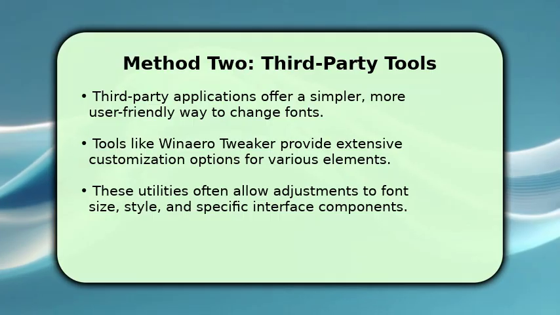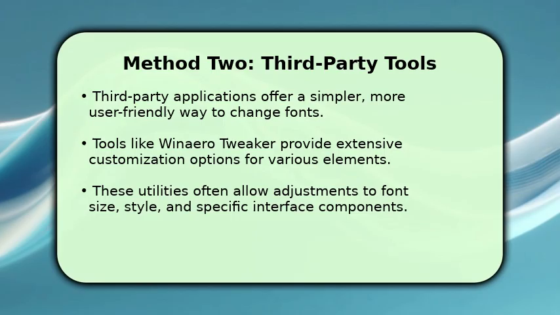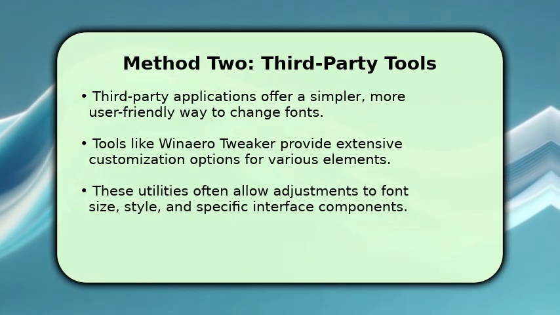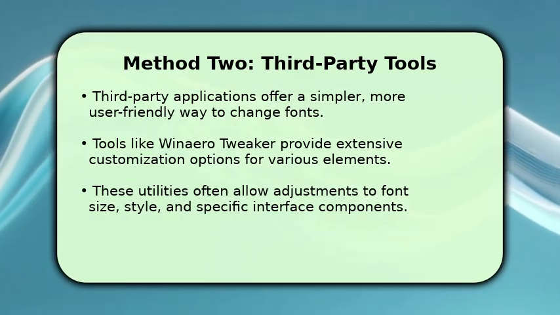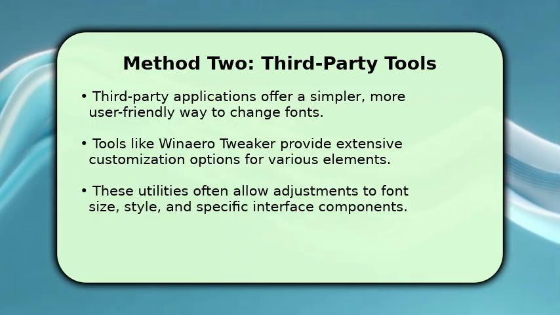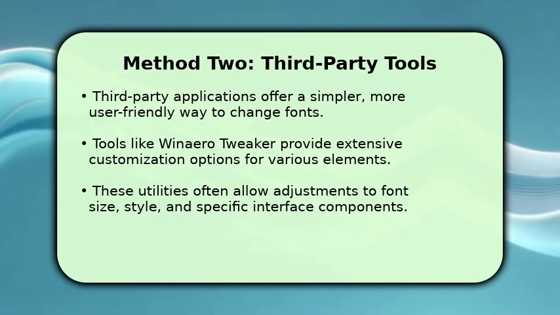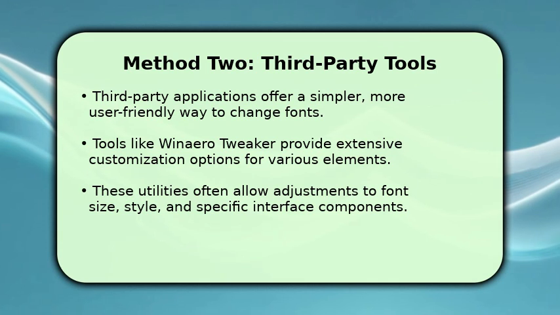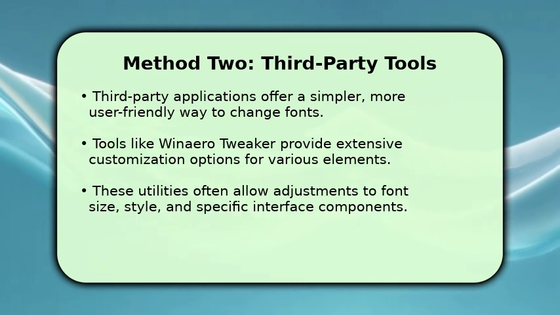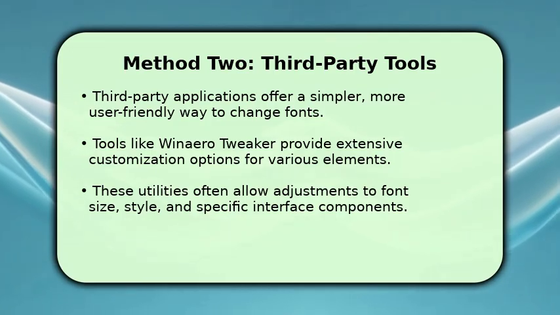For those seeking an easier approach, several third-party tools simplify the font changing process. Applications such as Winaero Tweaker or Advanced System Font Changer offer intuitive interfaces. These utilities often provide more granular control, allowing you to adjust not just the main system font, but also fonts for specific elements like menus, title bars, and icons. They typically include built-in features to revert to the default font or save different font configurations, making customization straightforward and